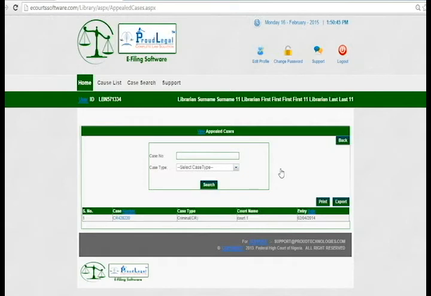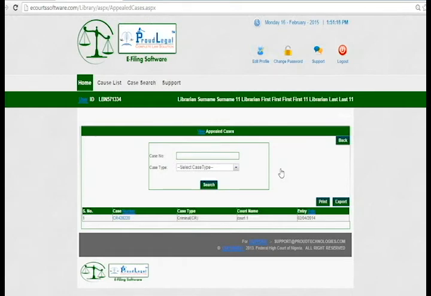So these are the details of the case. This is the case number, case type is criminal, court name is court 1, and that is the entry date of the case. Alright, as we can see, two parameters are given there. The first is case number and the second is case type. If you want to search the case, right now we have only one case, so it is very easy to get the case into the grid. But if there are so many cases, it is difficult to get a particular case.